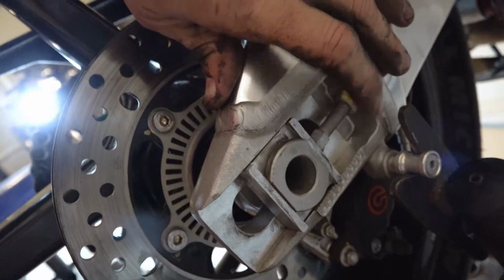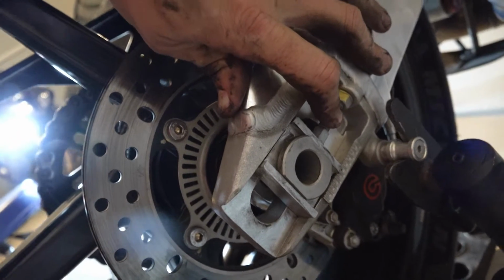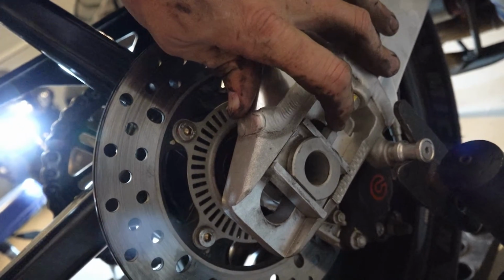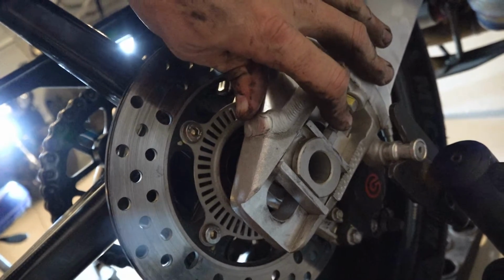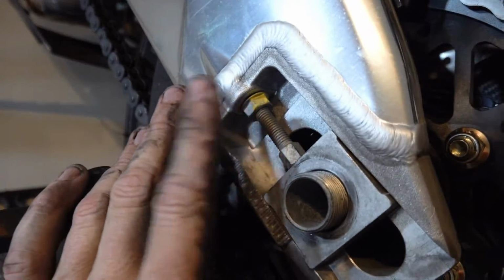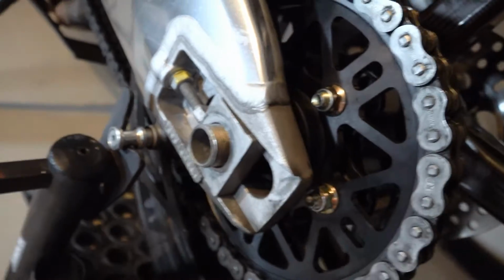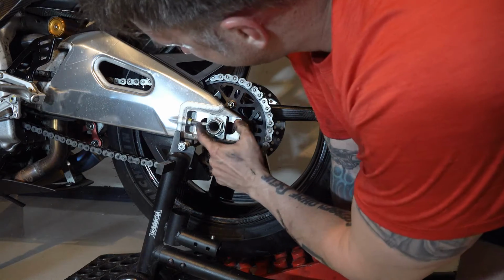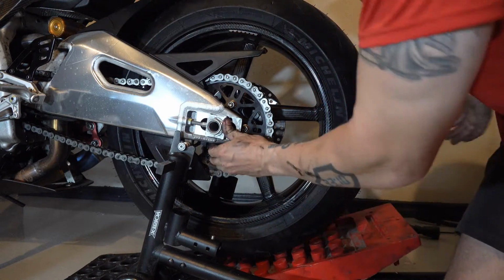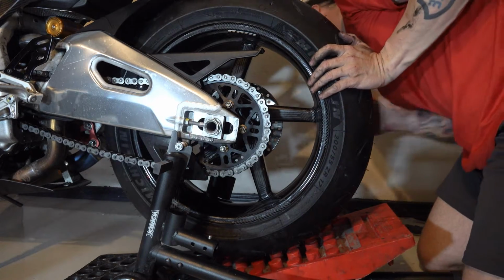I did not mess with the axle adjusters at all. I'm going to the same sprocket size. So these should be fine just as they are. I'll check the chain slack when I'm done, but they should be okay if I leave them alone. Same with this side. I didn't mess with the axle adjuster. I just put the block through, and now I'm going to put the nut on, and then I'll check the chain to be sure. Now I want to make sure, because I didn't mess with the adjusters, that the block is all the way forward on both sides